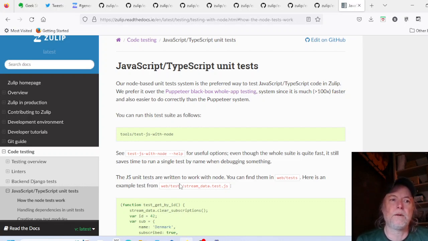Zulip is very good about unit testing their code, both on the JavaScript side of things for the client and on the Python side of things for the server. But this video is going to be focusing on the JavaScript side of things. And I think the most important thing that you want to do when you start contributing and you need to write tests, I mean, there are several things you should do, but the first thing that you should do is go to the Zulip